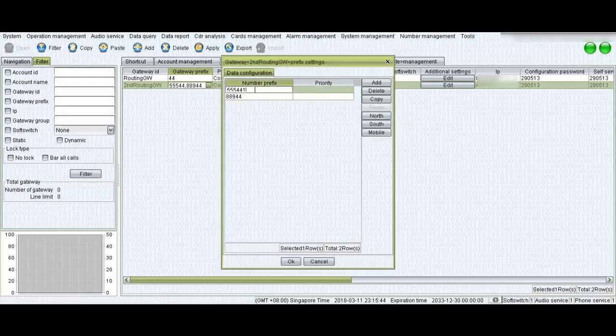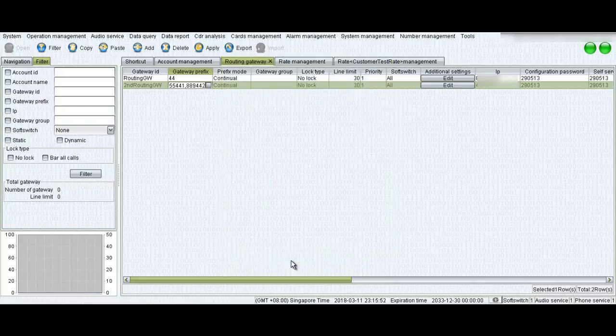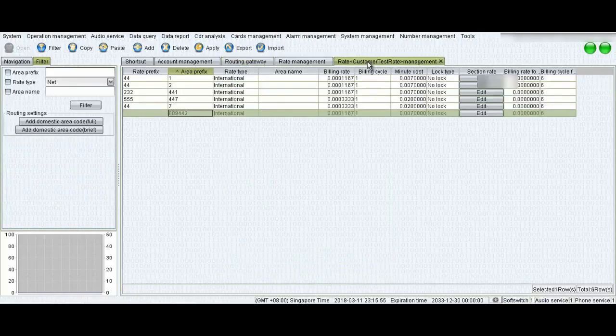Okay, for example, 1, 2 is the prefix that we have assigned in our rates. Let me go back and double check it. Okay, for 889 we have prefix 442. Now let me match it.